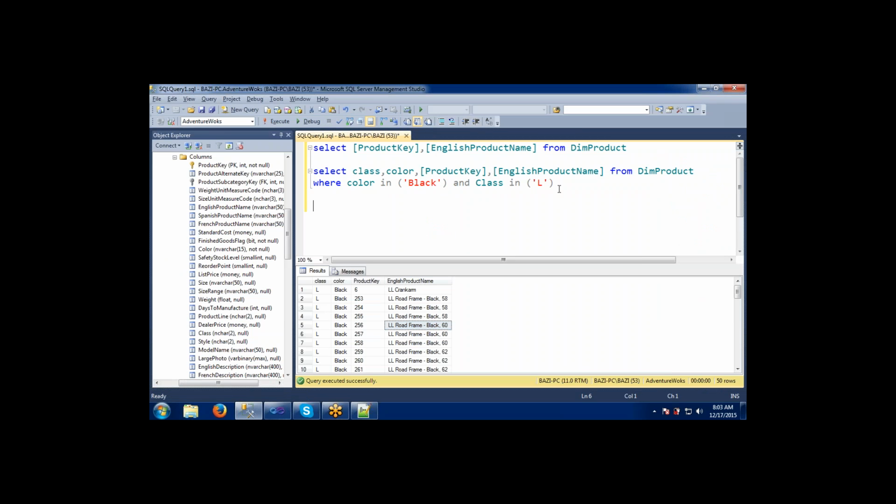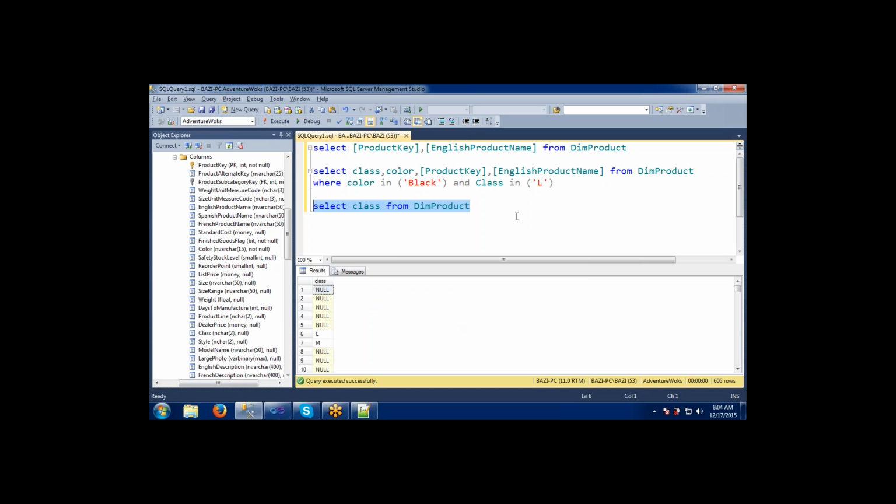What are the classes available in the dim product, all those things will be shown here. Select class from the dim product. We have so many here. Let's make it a distinct class, so that